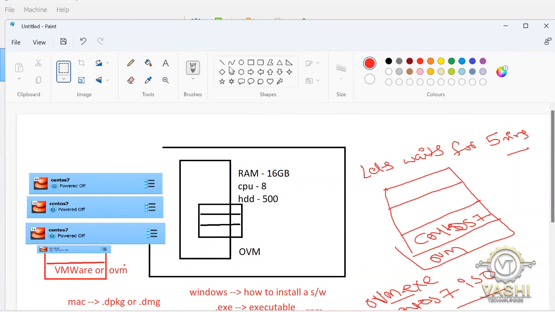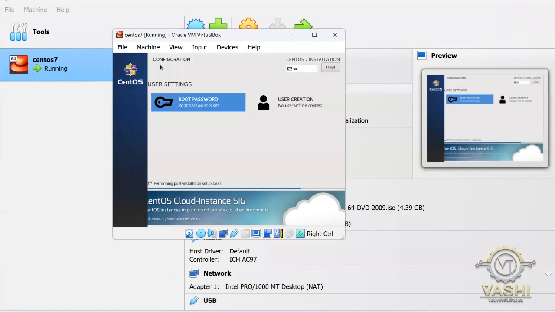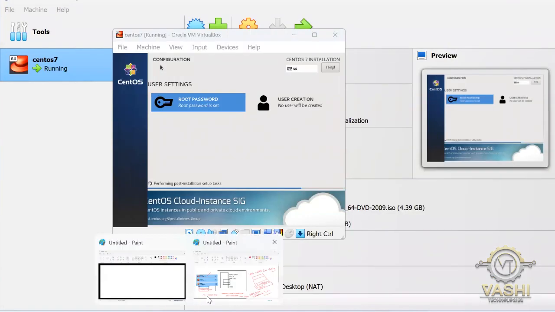So we are installing CentOS 7 on a virtual machine, Oracle VirtualBox. For example,